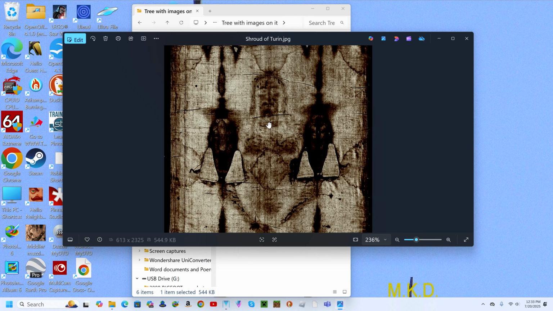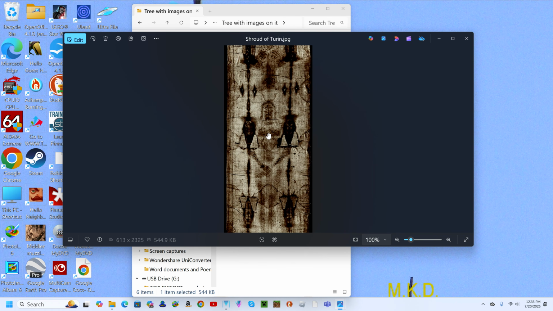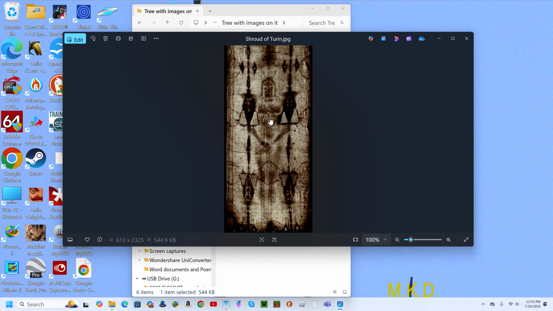A lot of people think this is the image of Jesus, or of someone who had suffered a crucifixion, similar to what the Romans did to people back then.